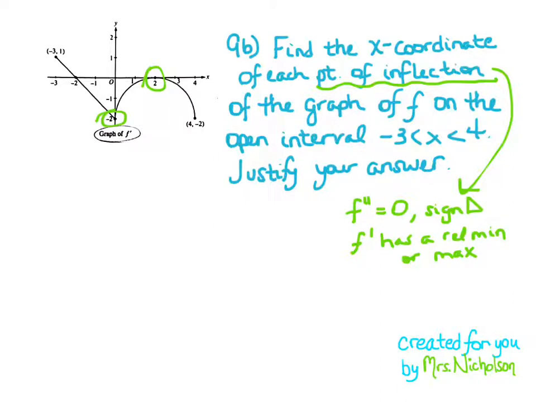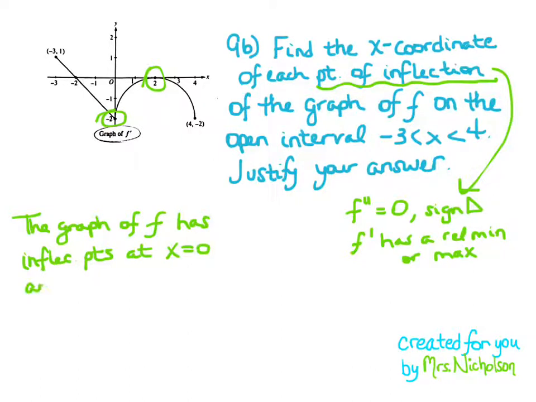So let's see, I'm going to write my answer over here. The graph of f has inflection points at x equals 0 and x equals 2, because f prime, remember, whenever we're justifying answers in these free response questions, anytime that you write the word because,